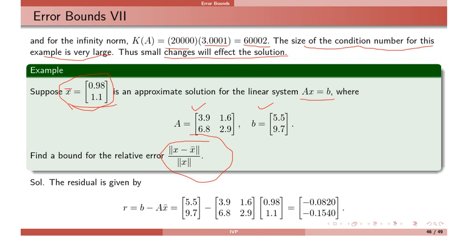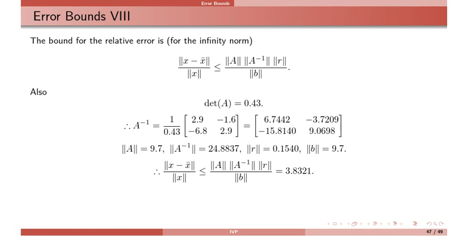To find the relative error, you need to find the norm of A inverse, the norm of R, and the norm of B. We have everything. You have B, A. So you need to find A inverse and the residual. What is the residual? B minus A x bar. So B, A, x bar. Just multiply and subtract. So this is R. Now find the norm of R. The bigger of these two entries, that we will find later. Here, the norm of R is written here: 0.054, the bigger one. The second entry is bigger.